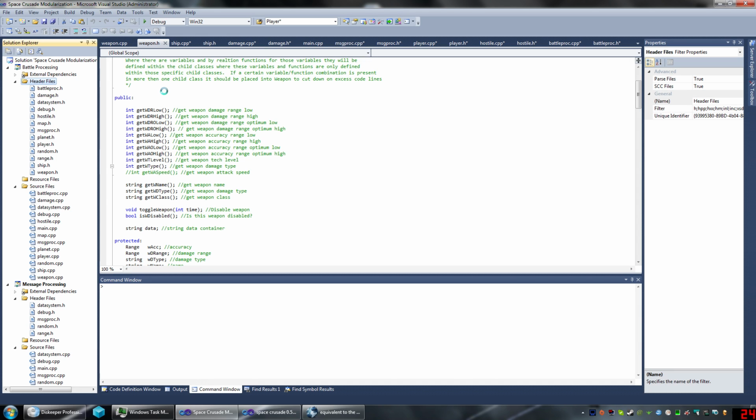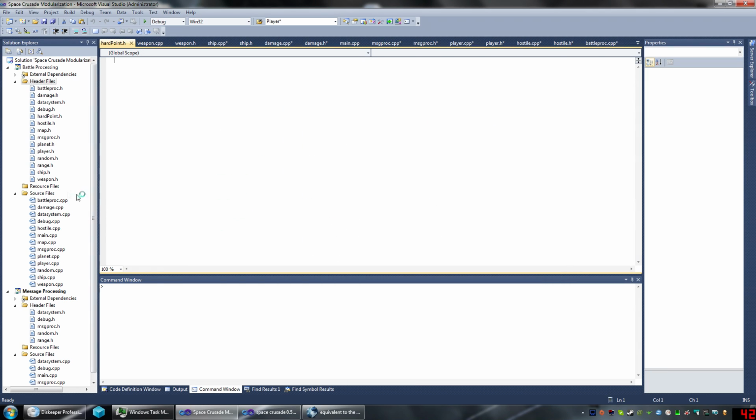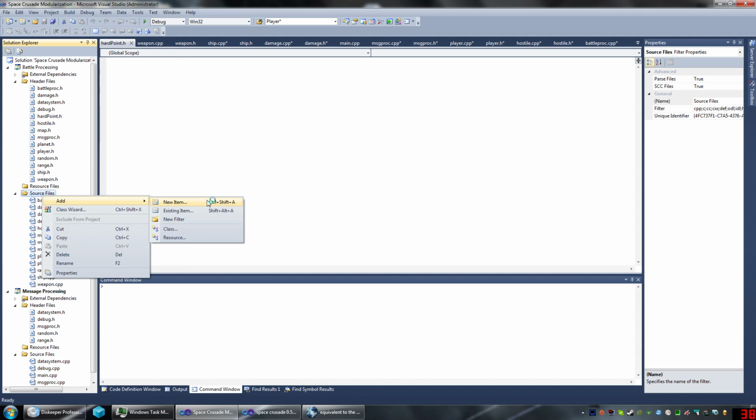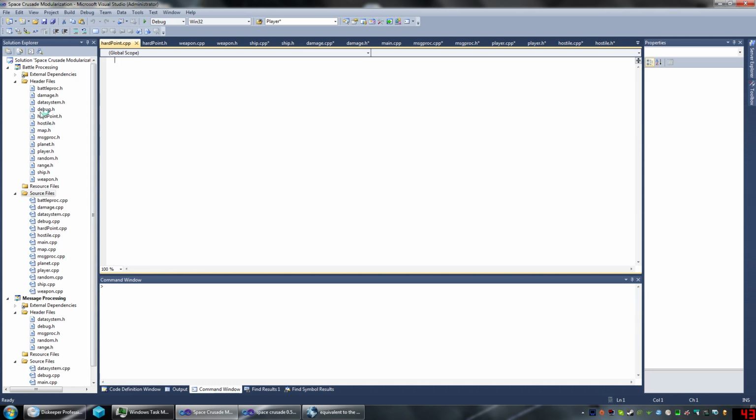So add new item, header file. It's going to be called hardpoint. And we'll add a new source file here, new CPP, hardpoint. Okay, so